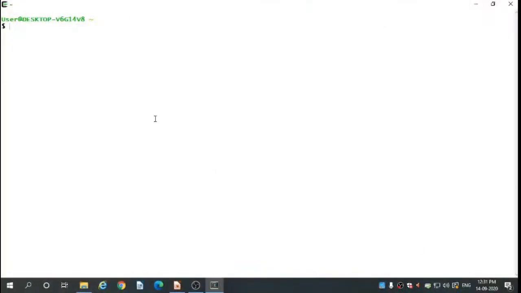This is the terminal. In Linux we are using Fedora, and in that we have the terminal. In that only we are typing the commands, and let's get started with these commands. The first one is mkdir. It will make directory. It means it will make a new directory.